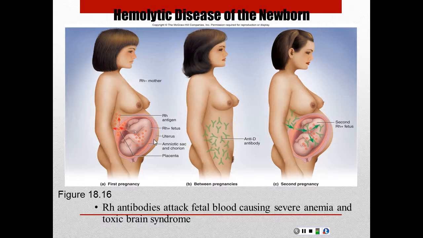The infants with HDN are often severely anemic. Their tissues produce and release immature red blood cells in an effort to offset the anemia. Now high bilirubin levels from hemolyzed RBCs can produce a particular syndrome that's very toxic to the brain, which is called,